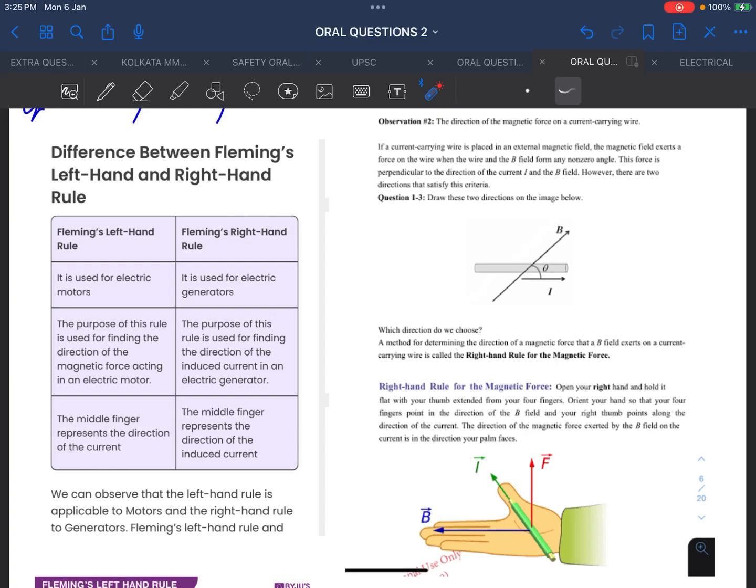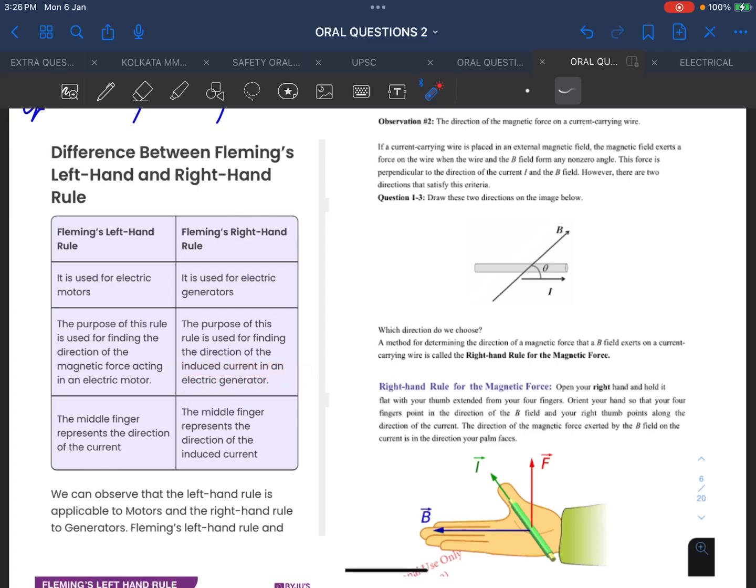So in Fleming's left hand rule, we are using an electric motor, and in Fleming's right hand rule, we are using an electric generator. The purpose of the left hand rule is to find the direction of magnetic force acting in an electric motor. And for Fleming's right hand rule, the purpose is to find the direction of the induced current